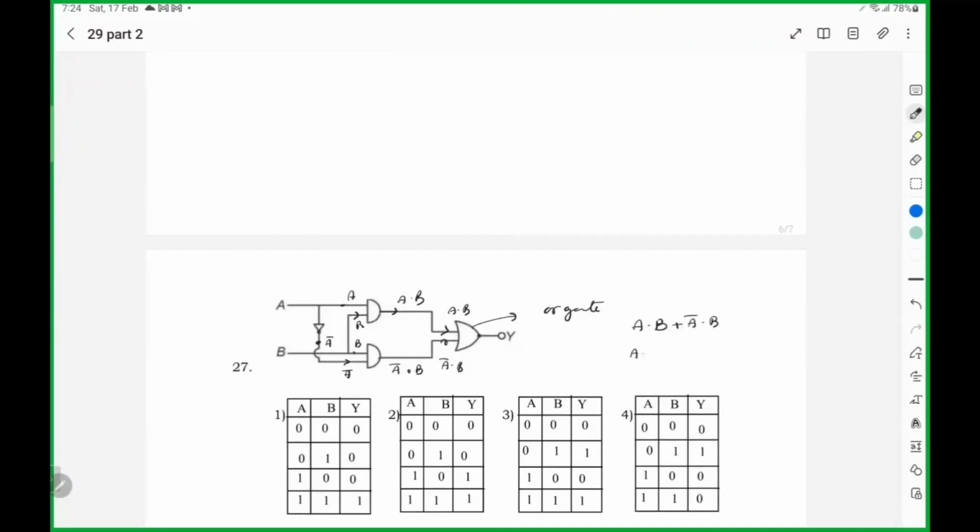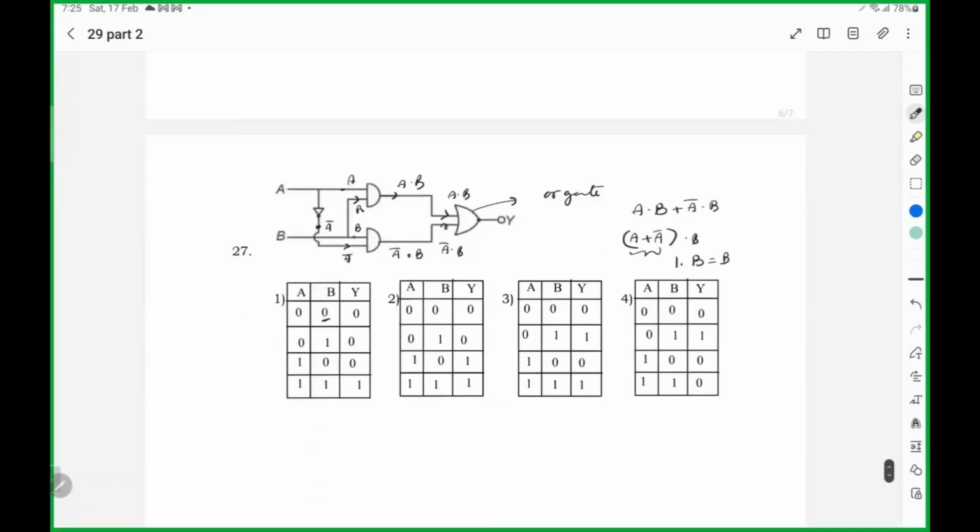It is A plus A bar. So A plus A bar is 1. So that means here input signal, it's okay, but 1, 0. Whatever input signal you are giving, output also, same thing you are getting. So here B is 0, 0, 1, 1, 0, 0, 1. So third option is